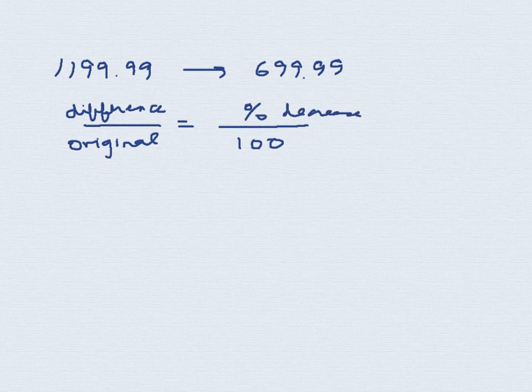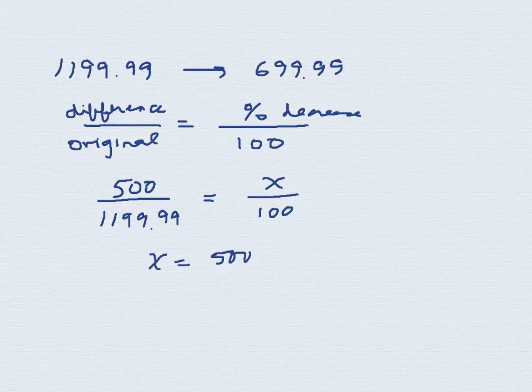So in our question, $1199.99 went down to $699.99. That's obviously a difference of $500. That's basically our part, called the difference. Now the original cost is $1199.99. When we do the math on this and find the missing percent, it's going to give us what's called the percent decrease. So 500